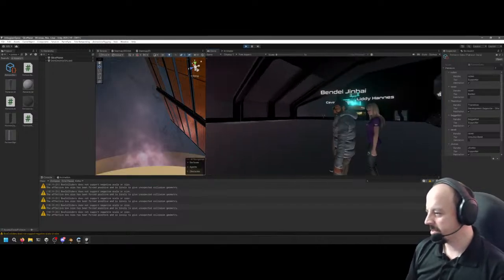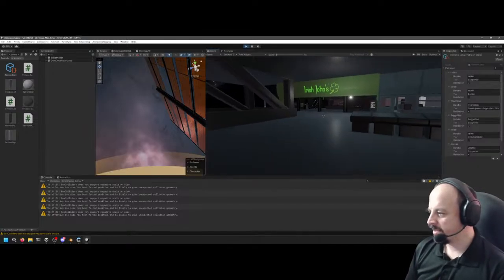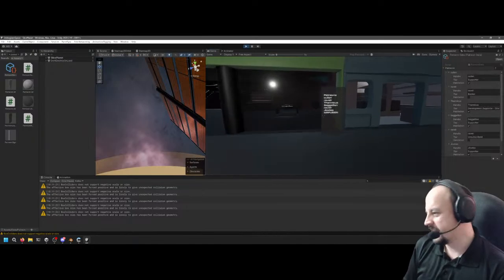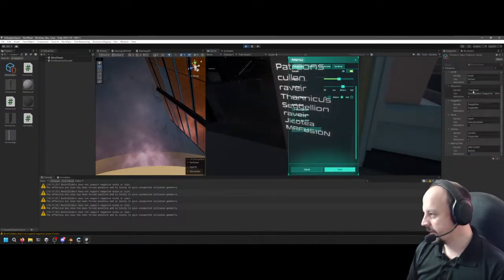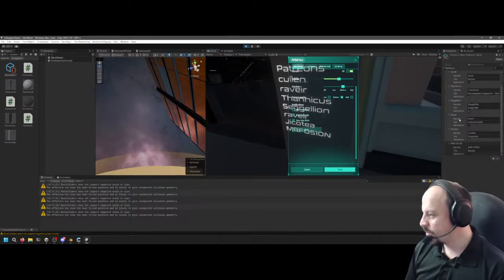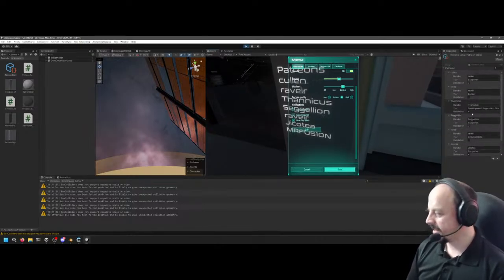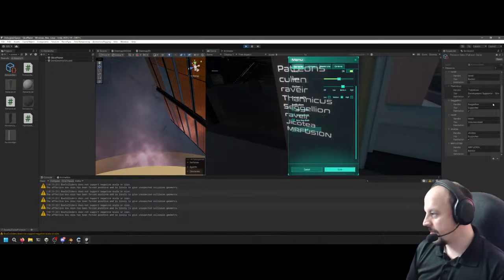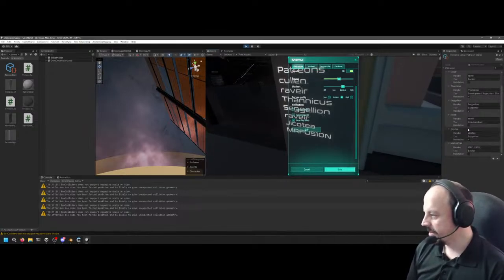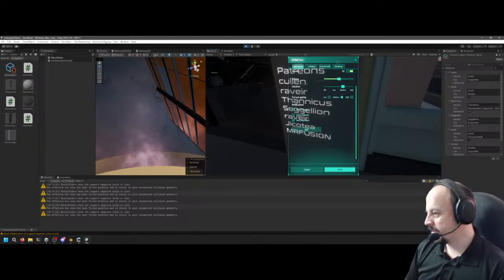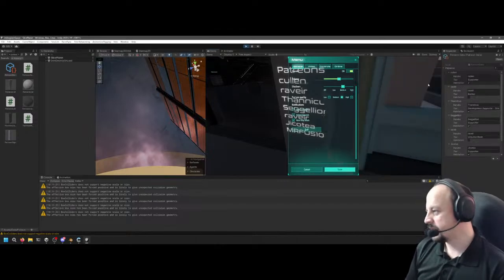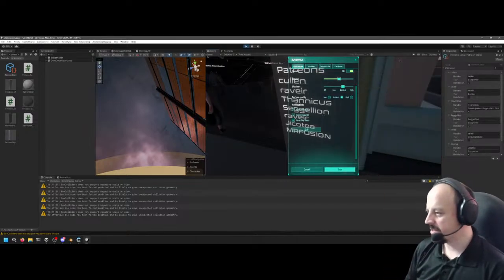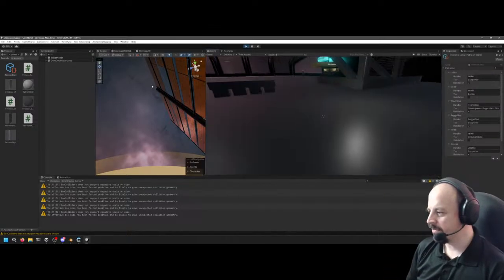But check it out. I just logged into the game, and now this Patreon wall over here, it's just a test, right? This is fully dynamic. All this data, so Revere, Thanicus, Jellian, whoever is linked, right? You still have to log into the account and make that link. All your handles come down, and it tells you if you have a habitation module or not. So when you log in and this list comes down from the API, it'll just do top to bottom reservations right now. So your hab could be random.